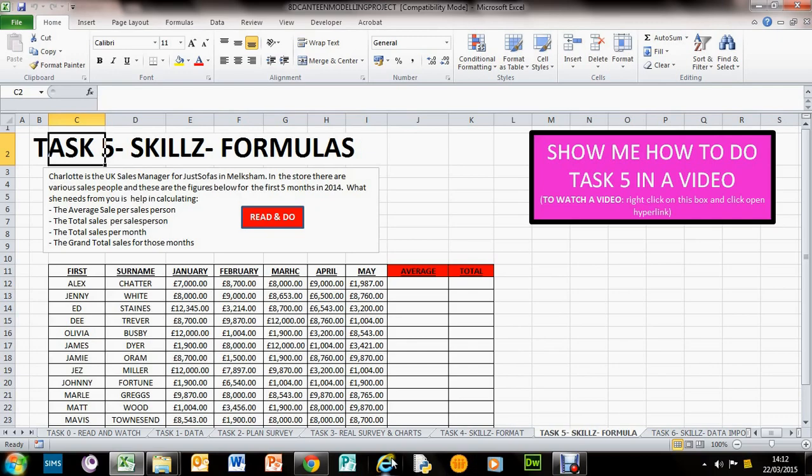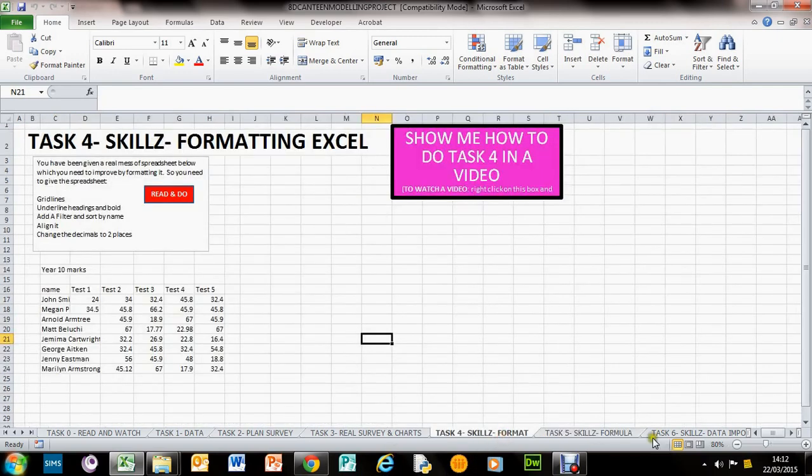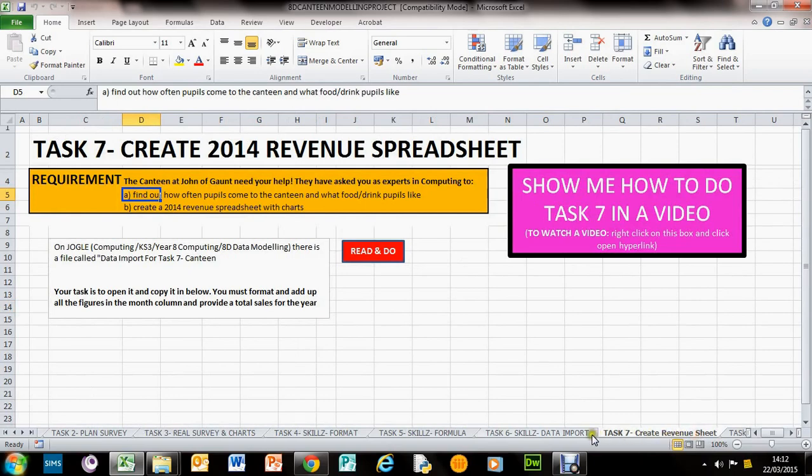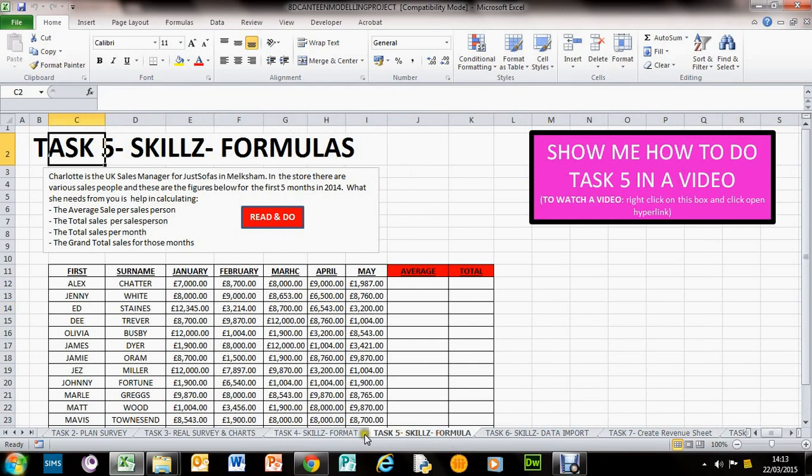What we're doing in tasks 4, 5, 6 is to get some skills in understanding how Microsoft Excel works, and in particular formatting, formulas, functions, and importing data. The reason we're learning this is to help us with our task later on, which is to help